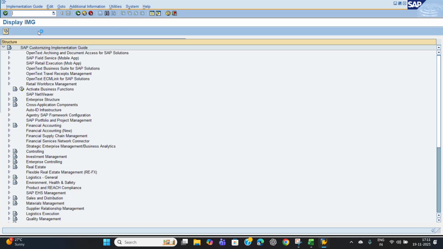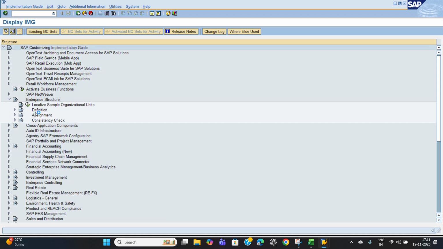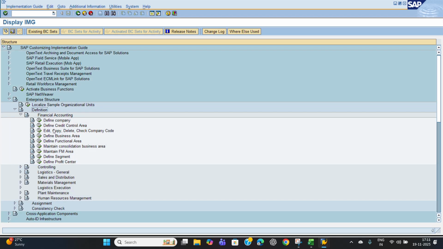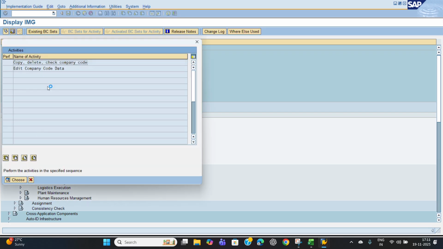Click on SAP reference IMG and go to enterprise structure. Click on this arrow and go to definition and click on this arrow, and here open financial accounting, and here go to edit copy delete check company code and click on this clock symbol and double click on copy delete